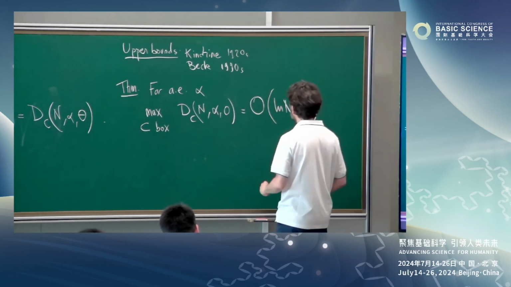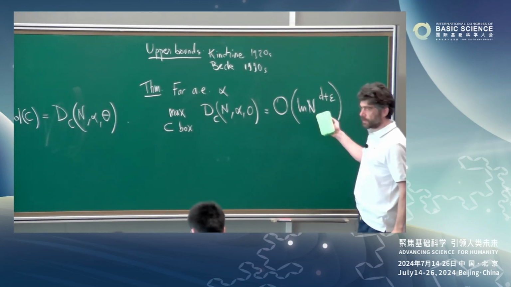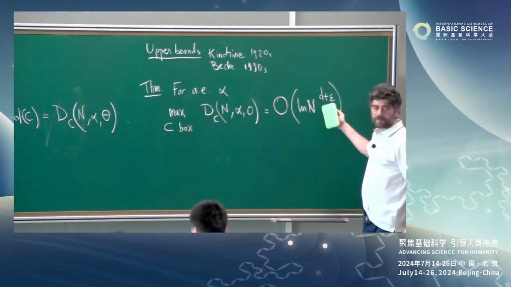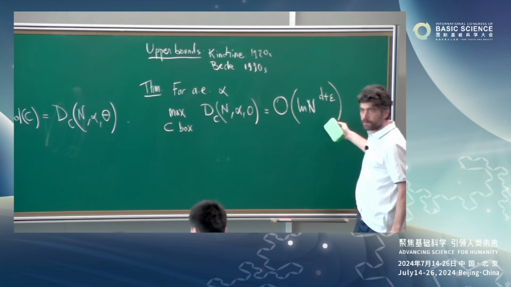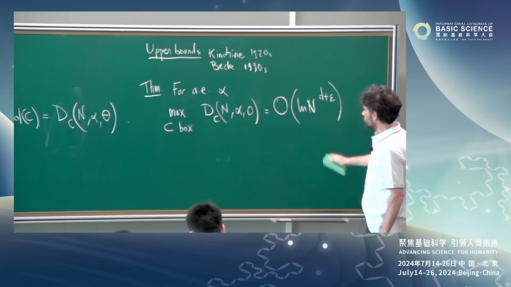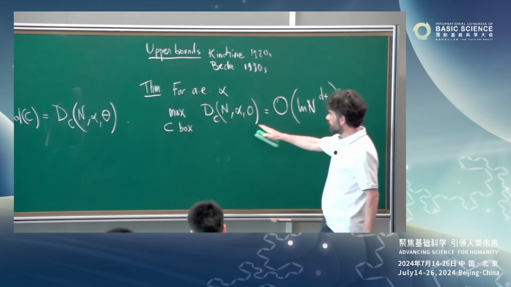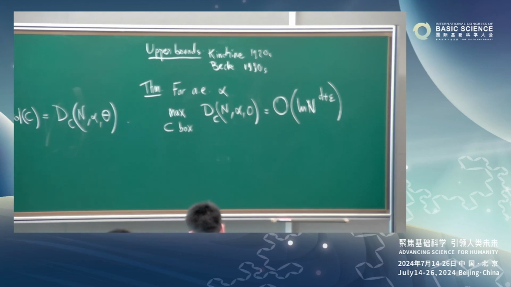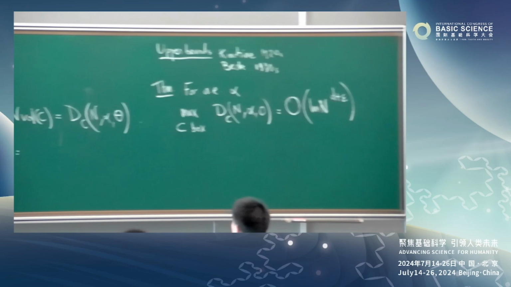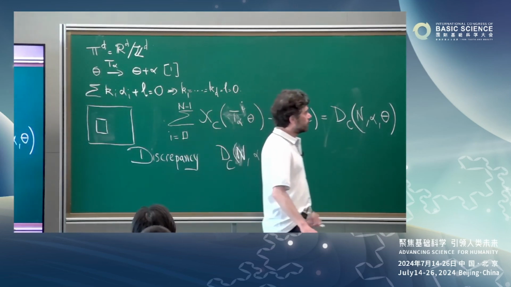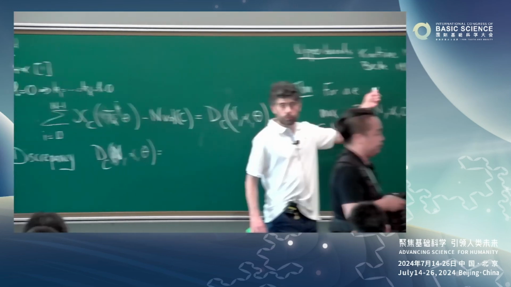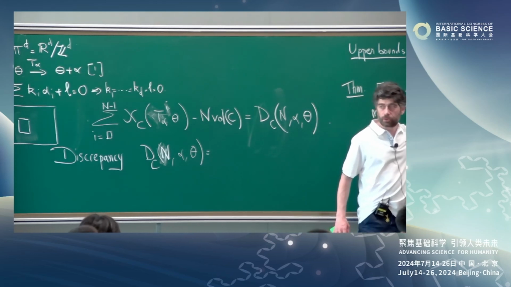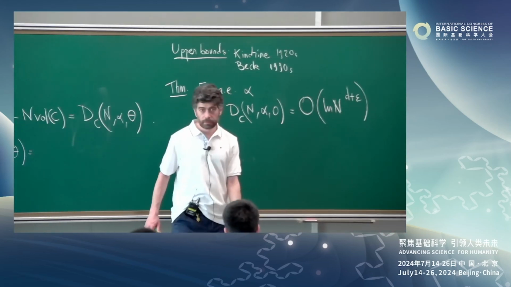I don't want to go to the best result, you can have a logarithmic law, (log n)^d times (log n)^(1+epsilon). But that's saying that if this set here is like a square and you're looking at the error, for almost every alpha it will be like log n to some power, okay?